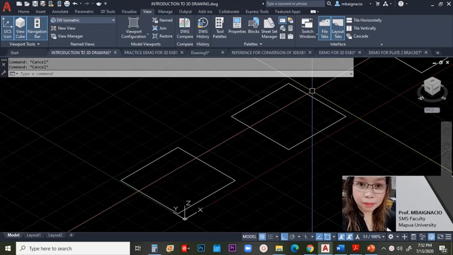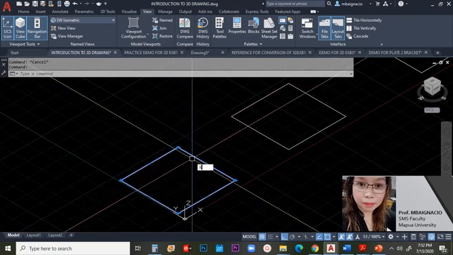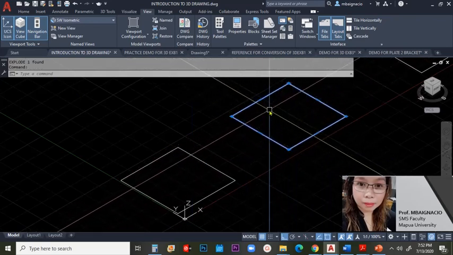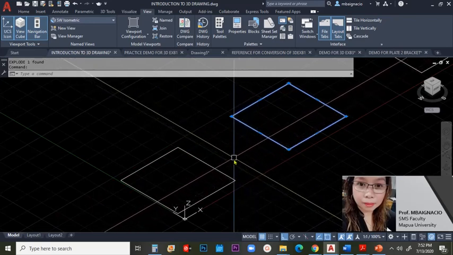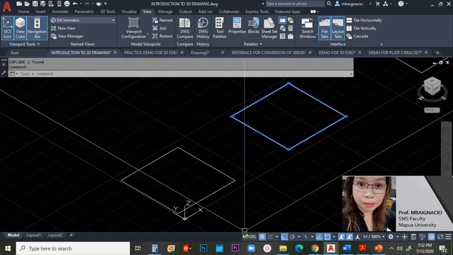When you perform three-dimension views, be sure that all of your lines are properly connected. Please ensure, before you perform any 3D command, you have to p-edit all your lines. So all the lines must be properly connected. Now for this instance, I will be exploding this line. Okay, so I'll just explode this. And then the second object, I will be retaining this as is, so that you can see the difference between both when you try to convert this into 3D.